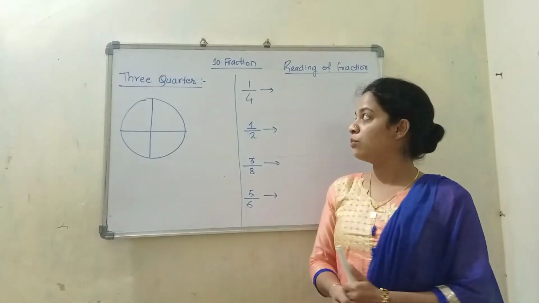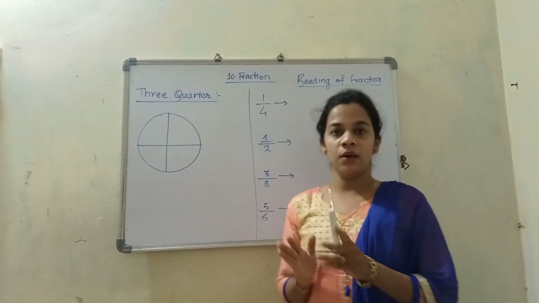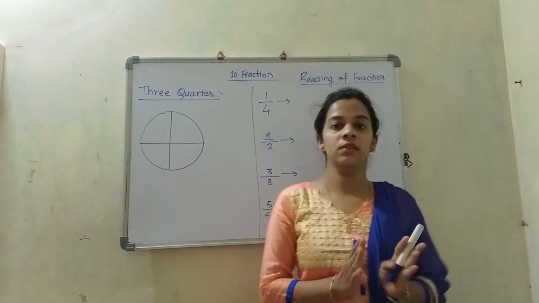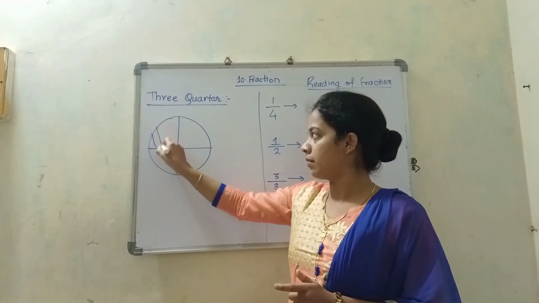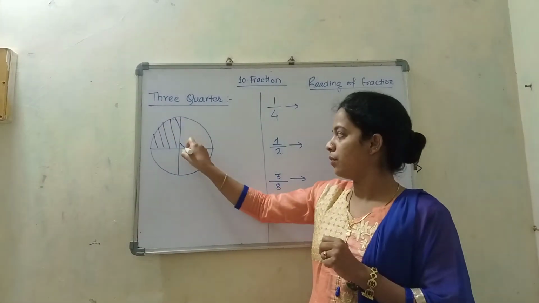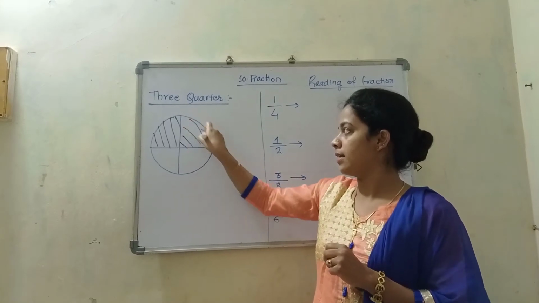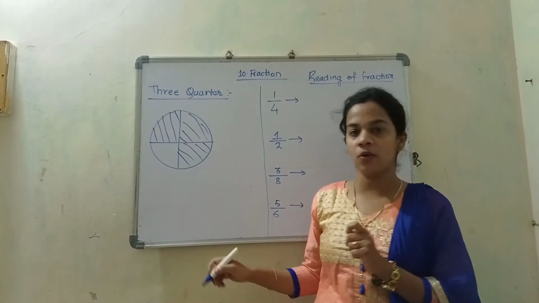Now we will see how fractions are supposed to be read. Okay, so now we are going to see the next part, that is 3 quarters. Earlier we have seen how to deal with half. Next we have seen quarters. Now it is 3 quarters. Quarter means one part. 3 quarters means you are going to cover how many parts? Yes, you are going to cover 3 parts from it. So it is said to be 3 quarters.